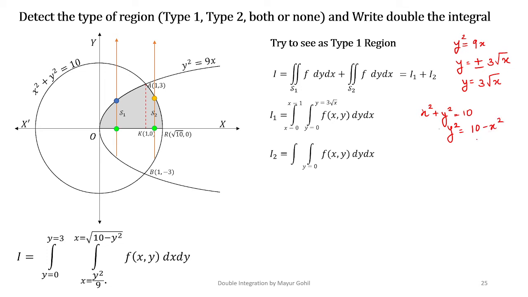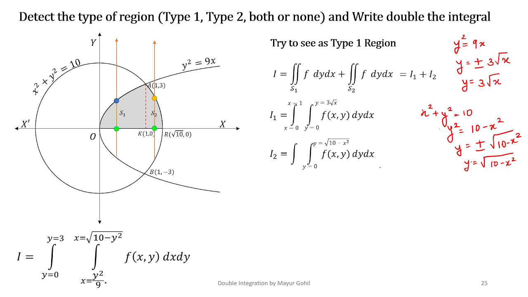Again, recall the lecture where we had seen that the equation of a circle and the equations of semicircles are interrelated and you can derive them. So here we have two equations coming from this condition of the circle, right? And you can see that because it is in the first quadrant, we shall be taking the positive part of the square root. So you have y equals square root of 10 minus x square. So here that is the upper limit.